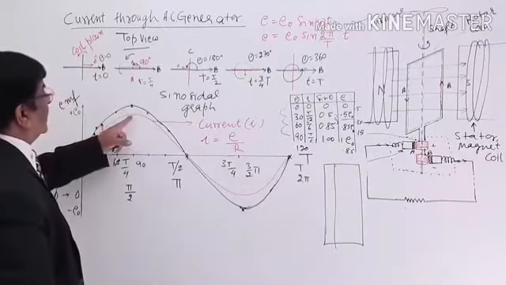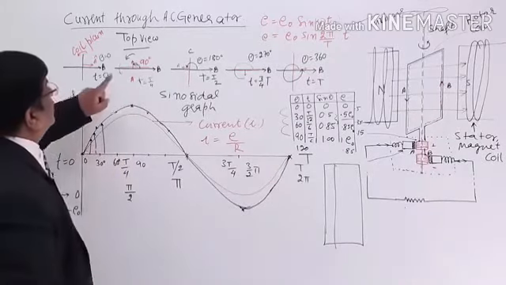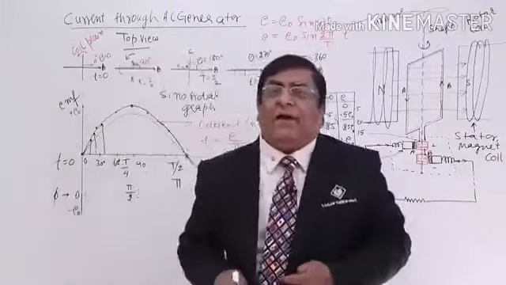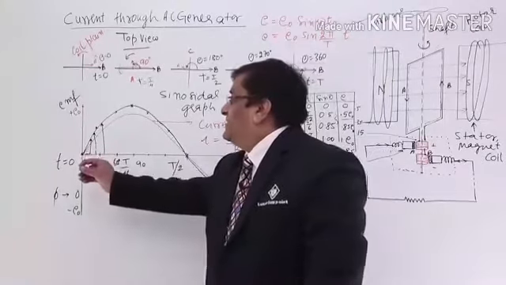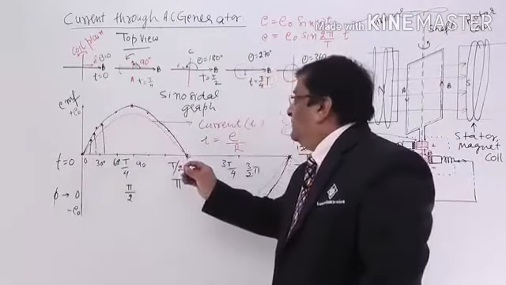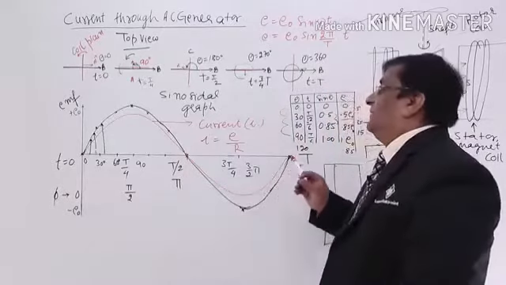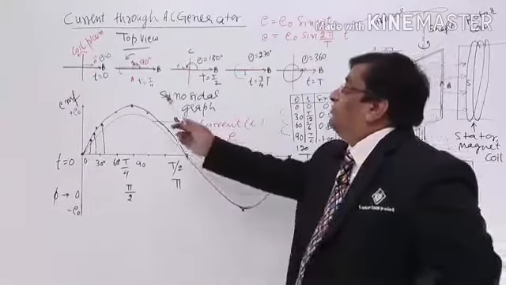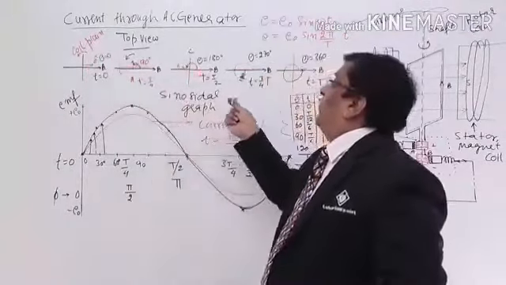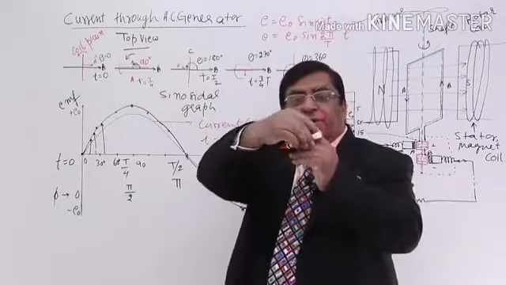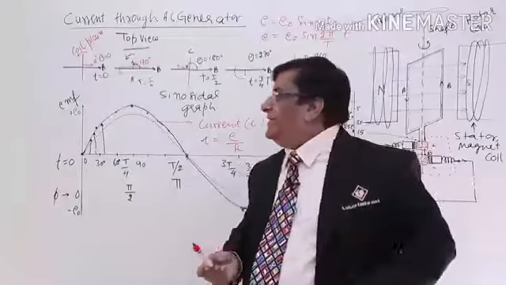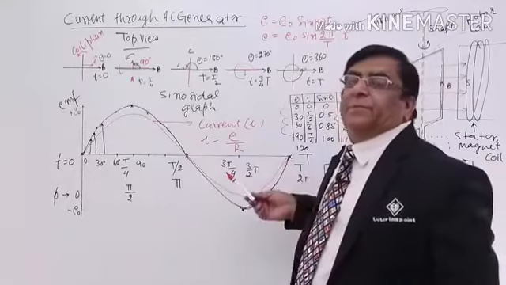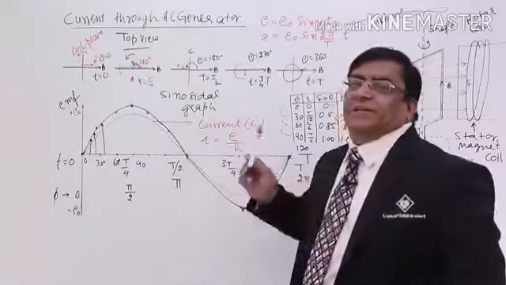So this is the E graph, the I graph, but what is required? The alternating current or alternating EMF, they never have a fixed value. Their value changes from 0 to peak value, 0, negative peak value, and again 0. This is how it changes, and why this changes, you have seen in the different positions of the coil. So during one rotation of the coil in the generator, we get the variation of EMF and current so much, up to 360 degrees it changes.